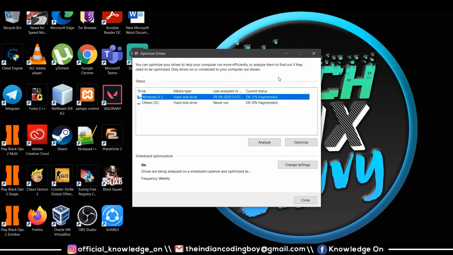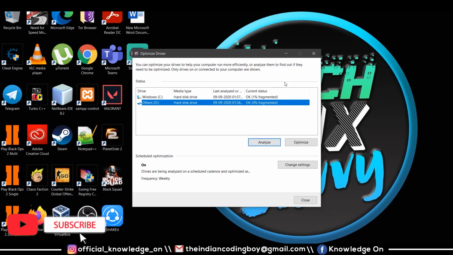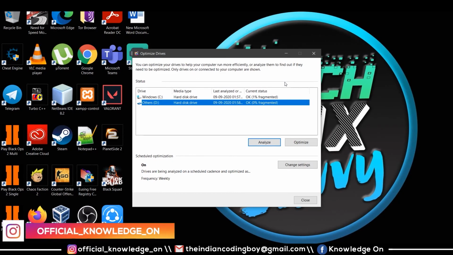This is because I have an Intel Optane memory installed in my laptop. There won't be any fragmentation in SSDs, the solid state drives, but there will be fragmentation in HDDs, the hard disk drives. This is a natural process in hard disk drives and they need to be defragmented for better performance. If the fragmentation is around 10%, you can run this defragmentation utility, and if the fragmentation is only about 5% to 8%, then it's not really a necessary process. You can still wait, you can take some more time.